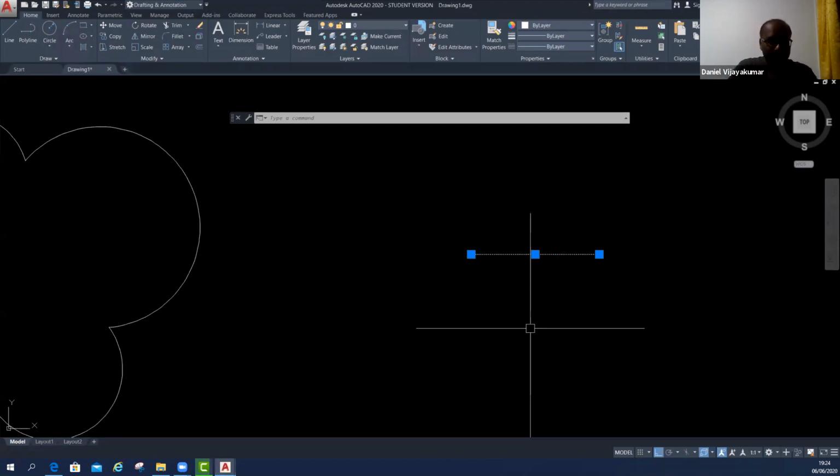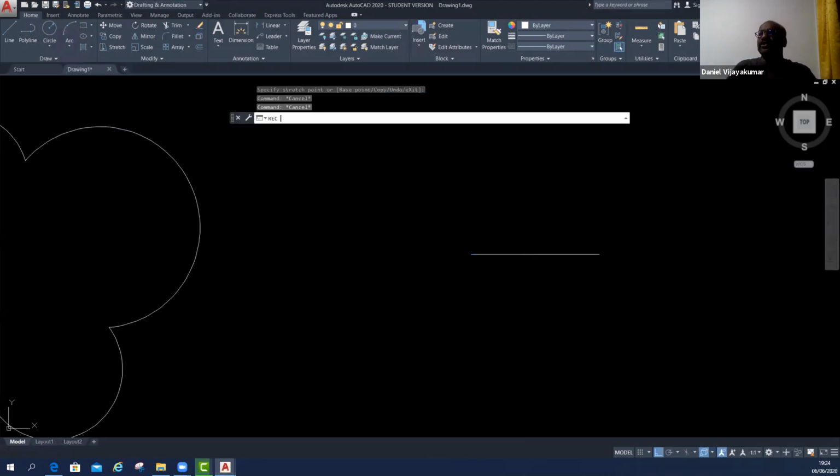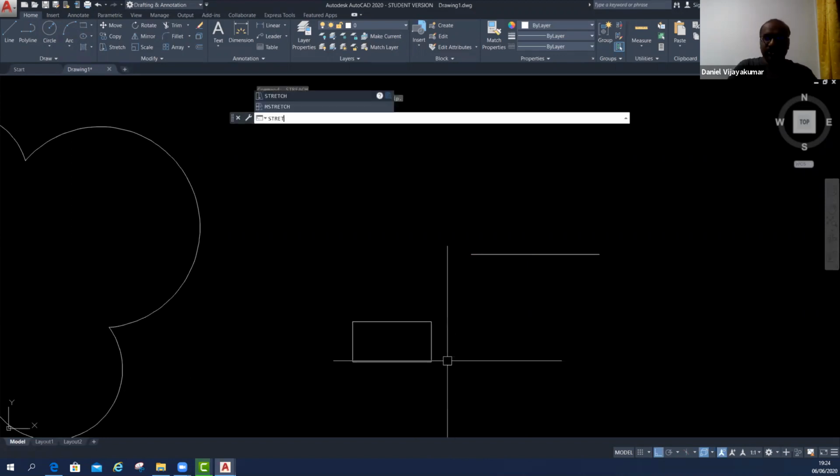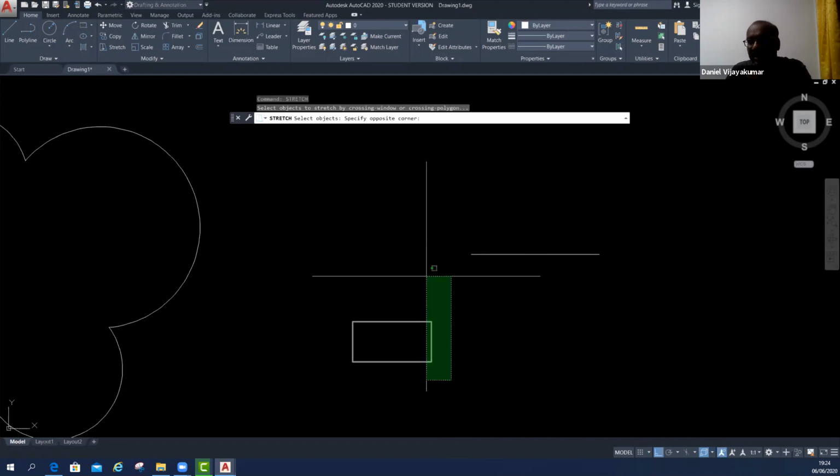But if you are doing a rectangle stretch, this is my rectangle. Now I'm going to use the stretch command. S-T-R-E-T-C-H, stretch, enter. Now I'm going to use the crossing window to select one edge, one face of the rectangle.